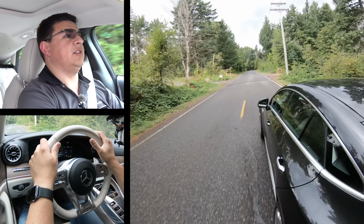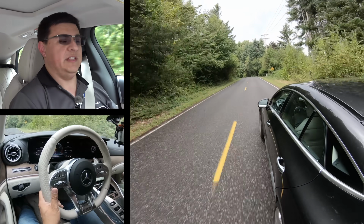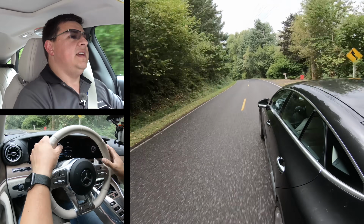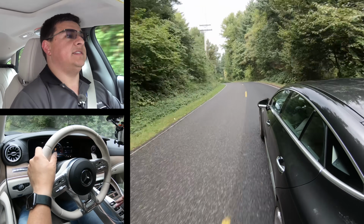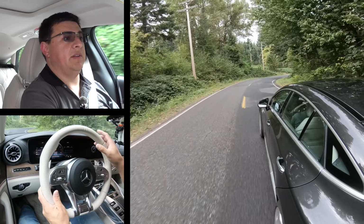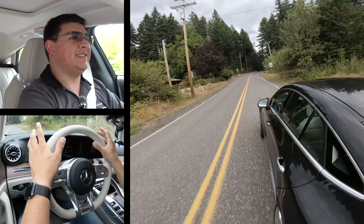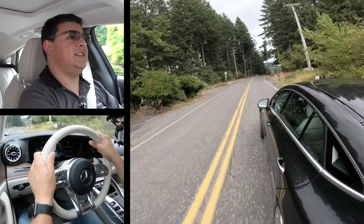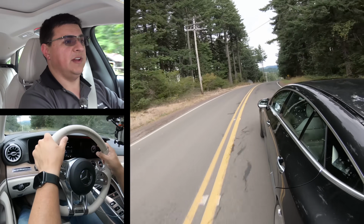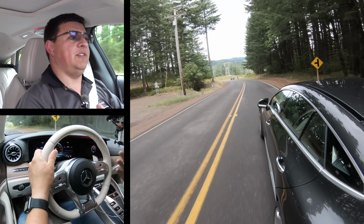The first thing you'll notice out on the road is that Mercedes has really done a lot of work on the MCT, or multi-clutch transmission as they call it. This is still not as smooth as the same Mercedes 9-speed automatic transmission with a torque converter, but it's an awful lot better than previous generations of this transmission technology. In slow and go and stop and go situations, this transmission is still not going to be as smooth as the regular 9-speed automatic transmission that we find in other Mercedes vehicles, but again, this is definitely an improvement over